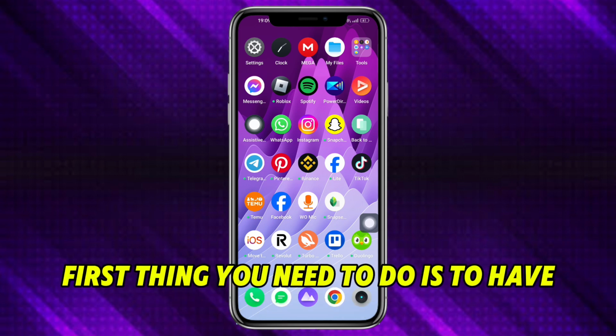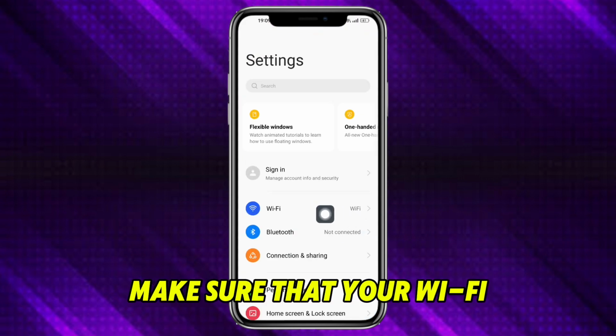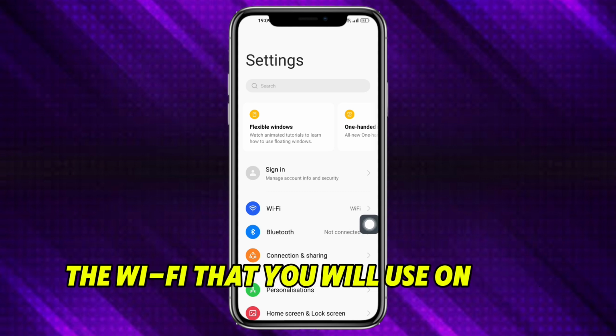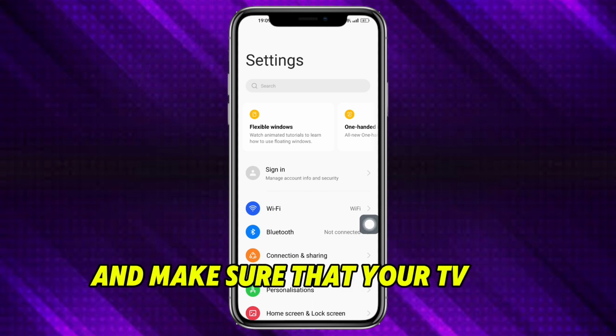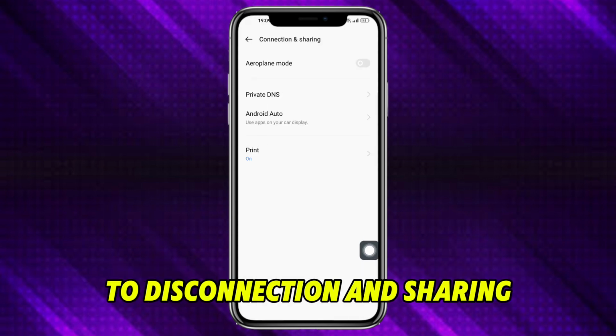First thing you need to do is to head over here to your settings. Make sure that the Wi-Fi in your settings is connected to the Wi-Fi that you will use on your TV, and make sure that your TV is a smart TV as well. Once you have made sure that they're on the same network, head over right here to connection and sharing,